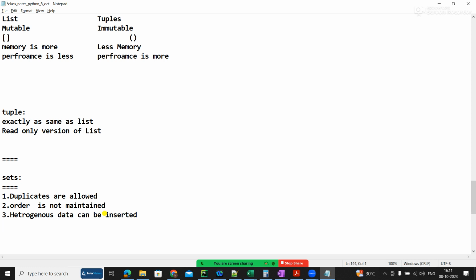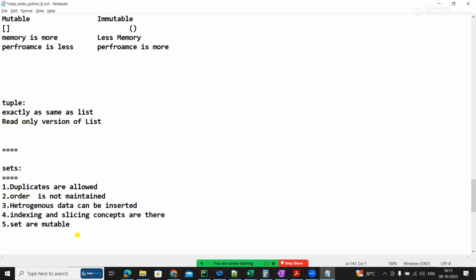Here also indexing and slicing concepts are there. Sets are again mutable. Sets are mutable means you can add data here, as I told. Maybe append is not there. We will test both, but add is there. Maybe add is there because order is not maintained, and while adding it might add in a particular index. We will see that. I'll show you that.